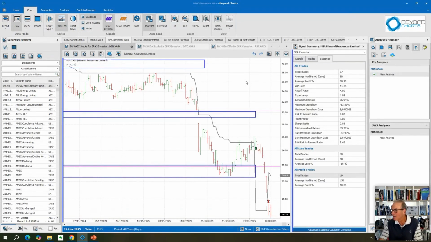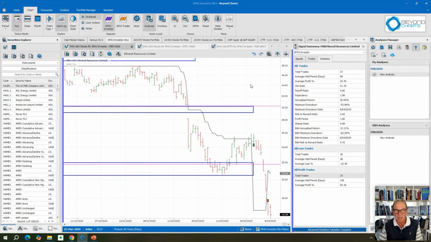I can't give any other answer, because there's no technical analysis that can predict the future with certainty. It also can't predict the degree of certainty either, in terms of how big the win is going to be, how big the loss is going to be. All we do know is that the average profit is 50.6%, the average loss is 10%. So we had a loss in this situation that was 3 times bigger than the average loss experienced in MIN.